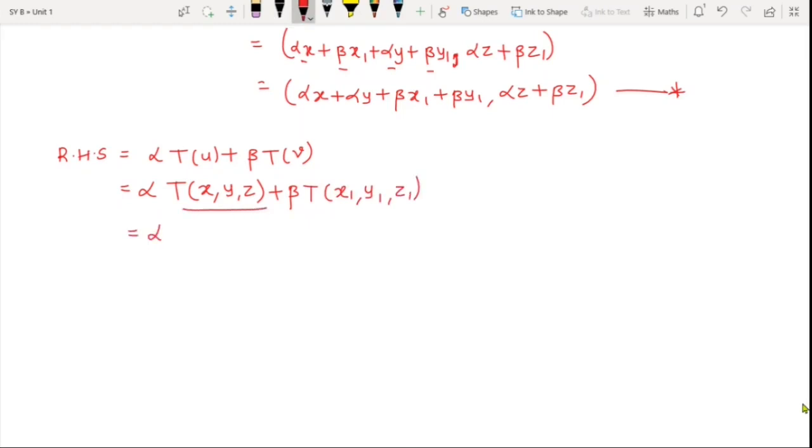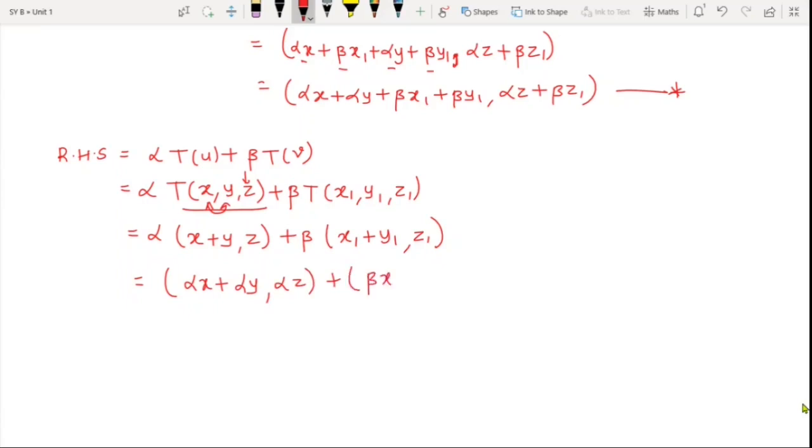Again, this is the definition of T. How is it defined? The first coordinate is the addition of the first two coordinates, so it will be x plus y, comma, the second coordinate is the third coordinate from here, that is z, plus beta. Over here also, addition of the first two coordinates, that is x1 plus y1, and the third coordinate as it is, that is z1. Now put the alpha inside, so it will be alpha x plus alpha y, comma, alpha z, plus, put beta inside, so beta x1 plus beta y1, comma, beta z1, which is equal to,